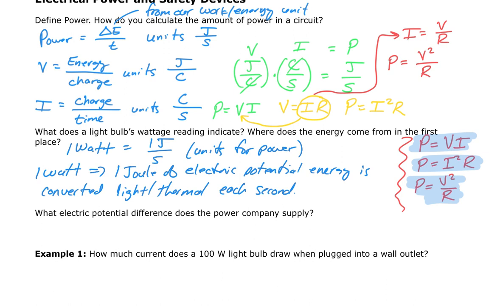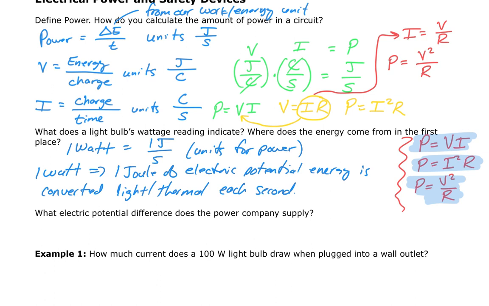So every second for a 1 watt light bulb, 1 joule of electric potential energy is converted into heat and light. So for a 100 watt light bulb, in every second, 100 joules of electric potential energy is converted into heat and light. Okay, so we're getting somewhere. So now